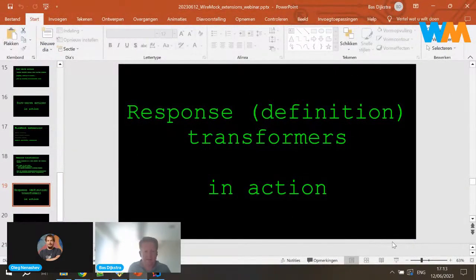So again, these response transformers and response definition transformers are great to define common characteristics of responses.